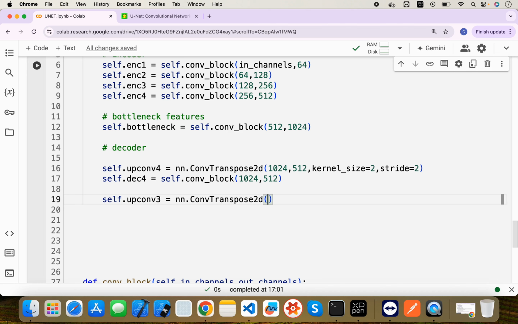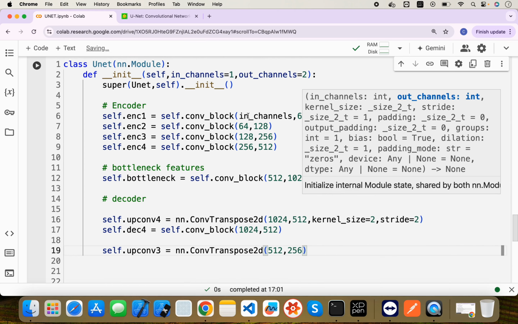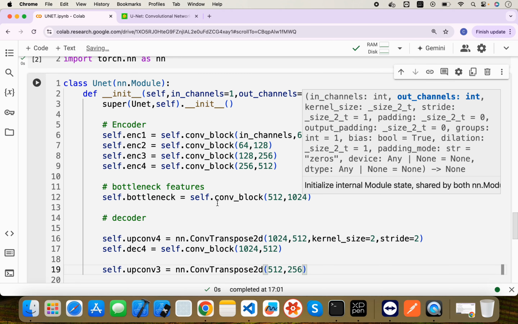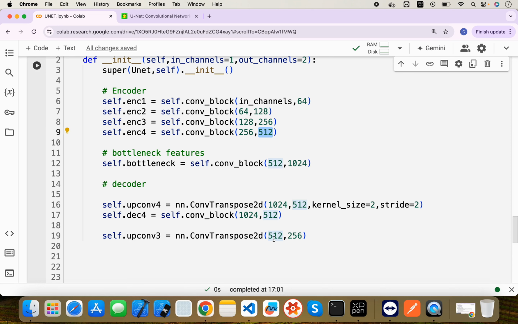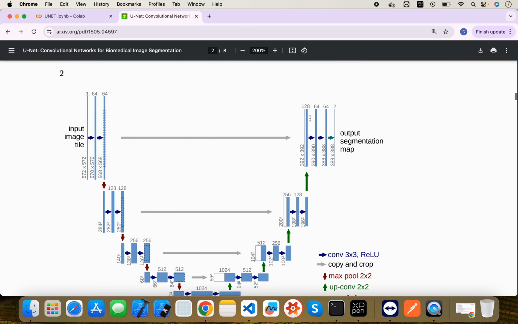Now we will move from 512 to 256. It is the reverse process of this, nothing else, right? If you see in the encoder, we moved from 64 to 512, right? So now we will move from 512 to, if you see here, from 512 we are reaching 64. At the end we will use 1 cross 1 convolution, which will convert 64 channels into 2 channels. Okay,